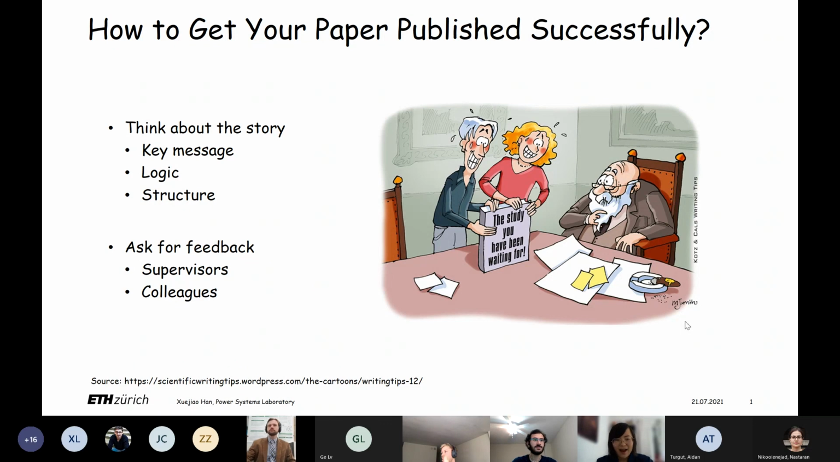And after this process, when I look back at the first version and also the second, third, I thought, wow, I did really improve a lot from this process. I did learn quite a lot from this process. So it's really important to ask for feedback from your supervisors and colleagues, or your friends, whoever has more experience and more knowledge than you do. And